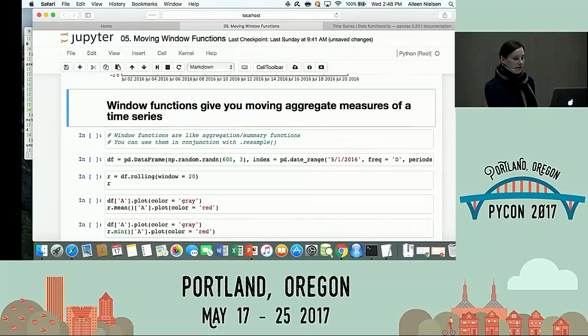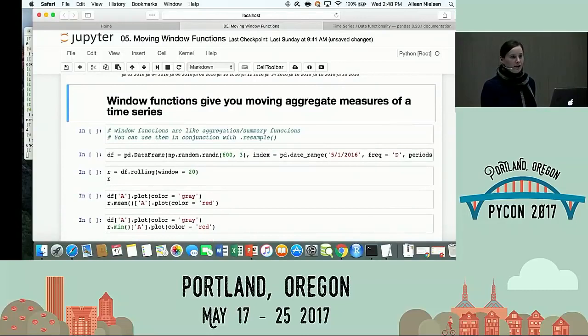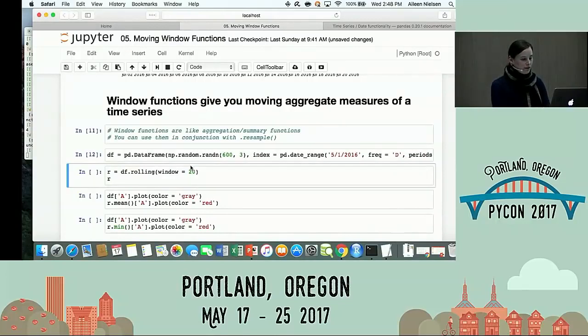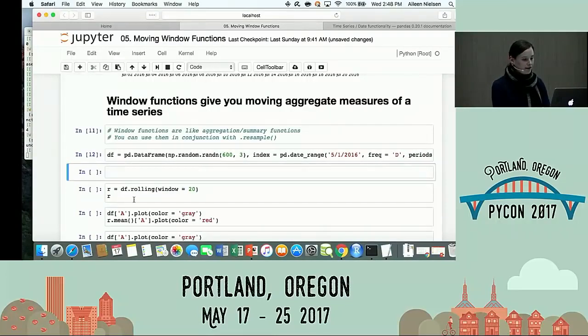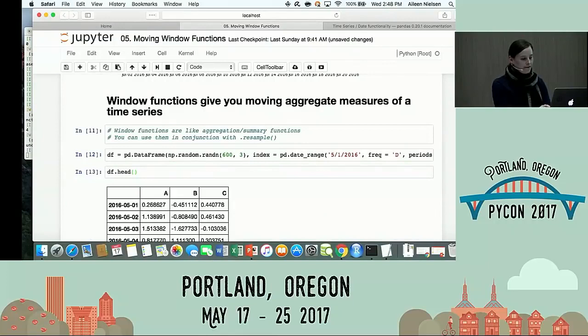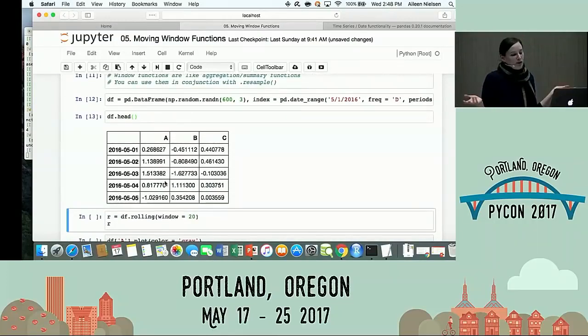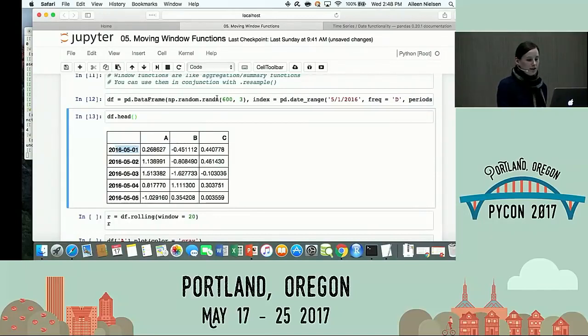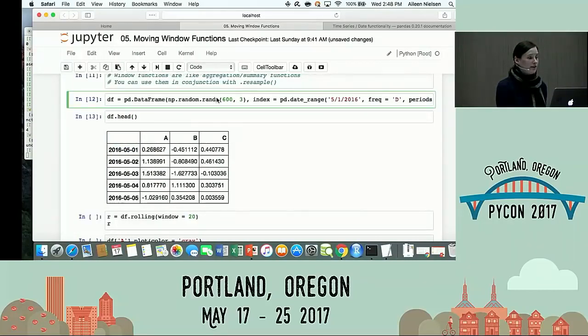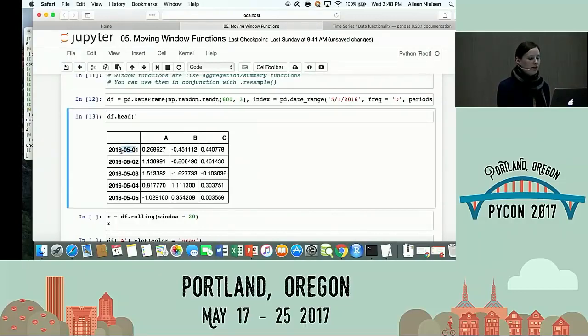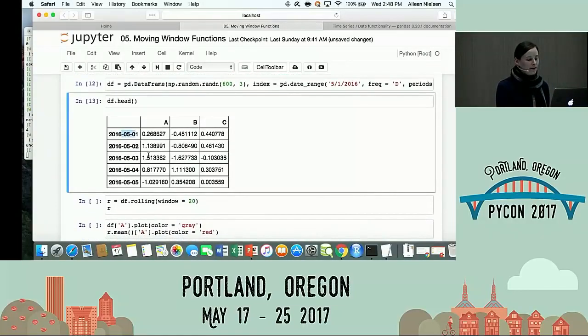Window functions. Let's look at our window functions. We were just talking about how helpful they are, and how you want to think carefully about how you do them. How am I going to do a window function? Well, let's start with a data frame and take a look at the data frame I made. What have we got here? We've just got some randomly generated numbers, and I'm correlating them to dates. Notice I'm not using periods. It's not important, but you just want to be aware of what you're working with. So here we're actually looking at timestamps as indices.